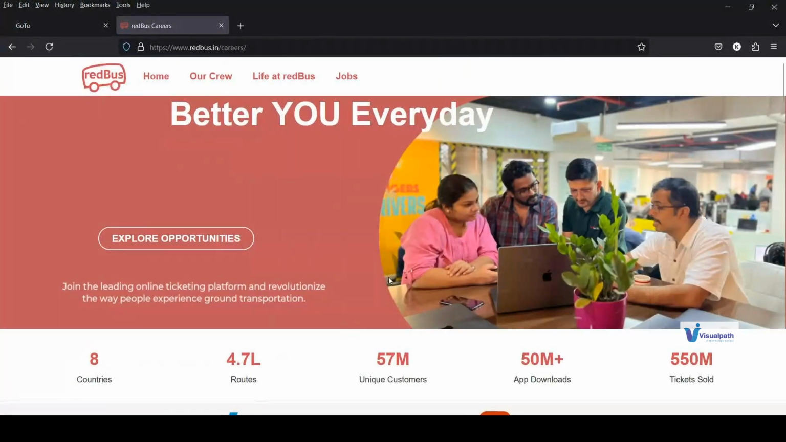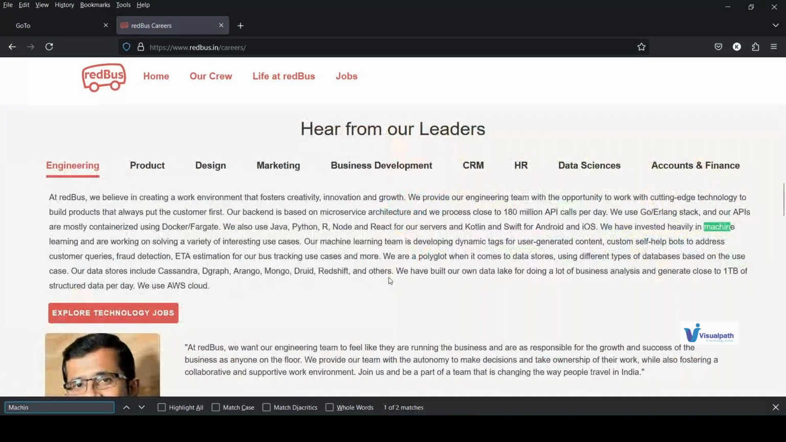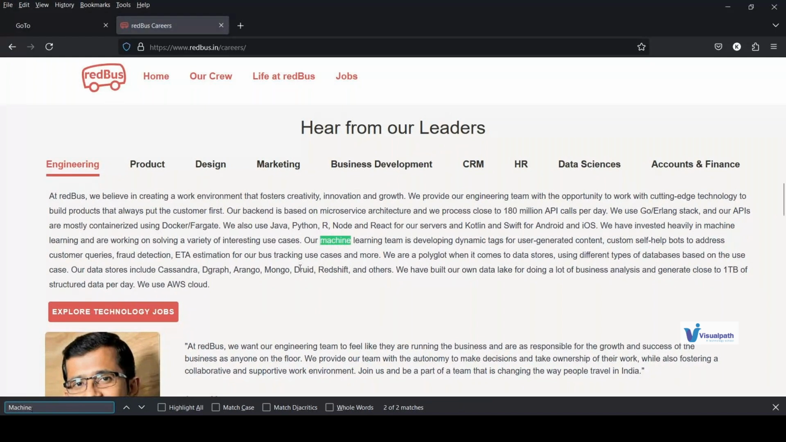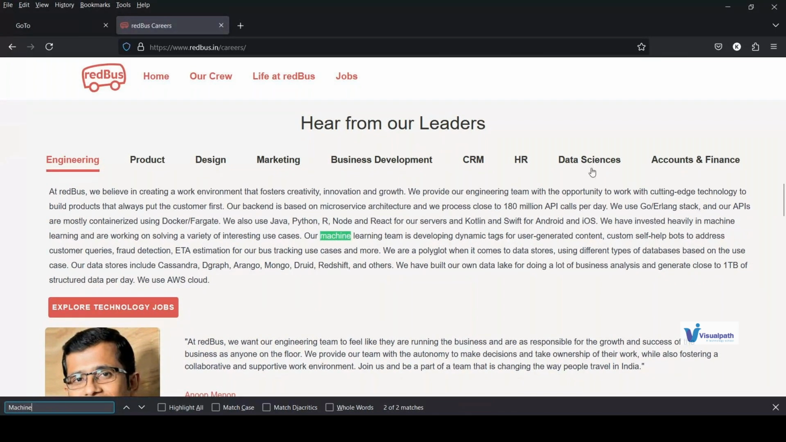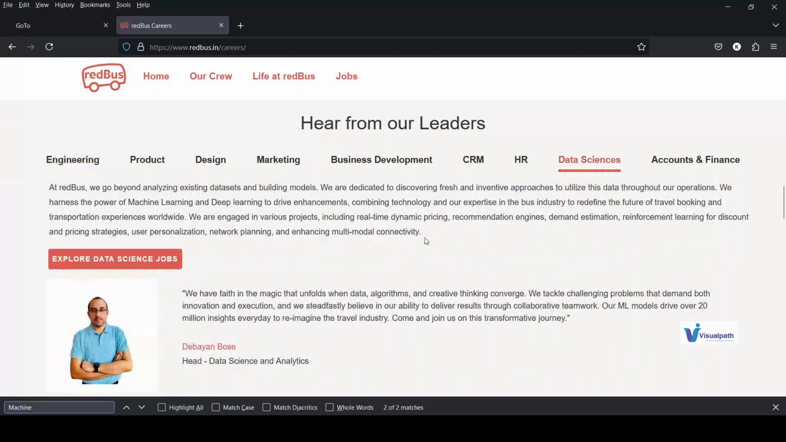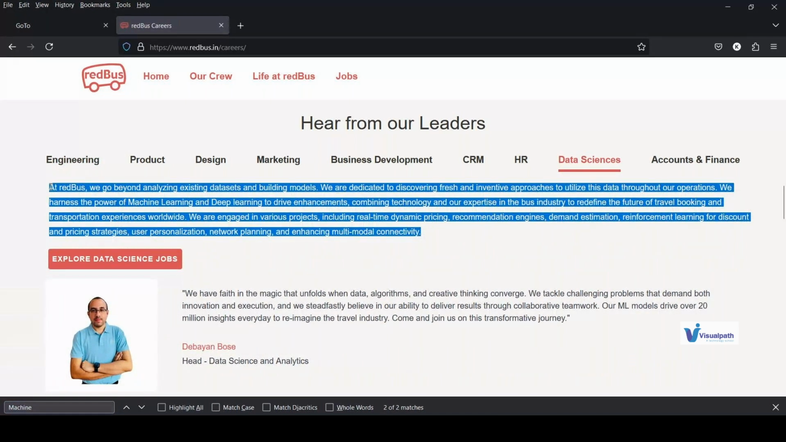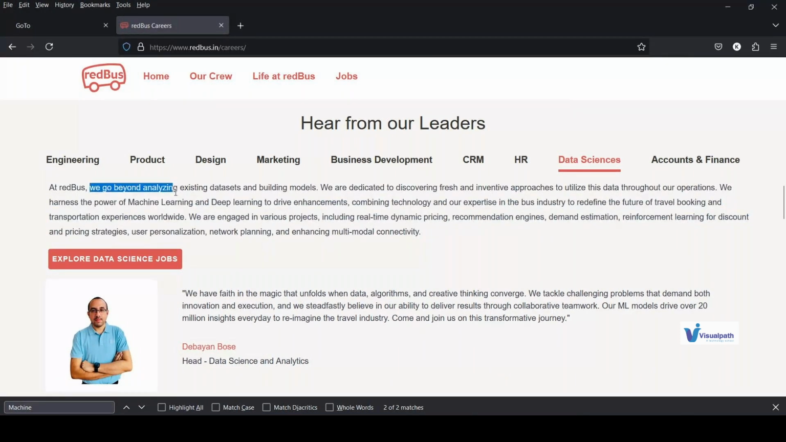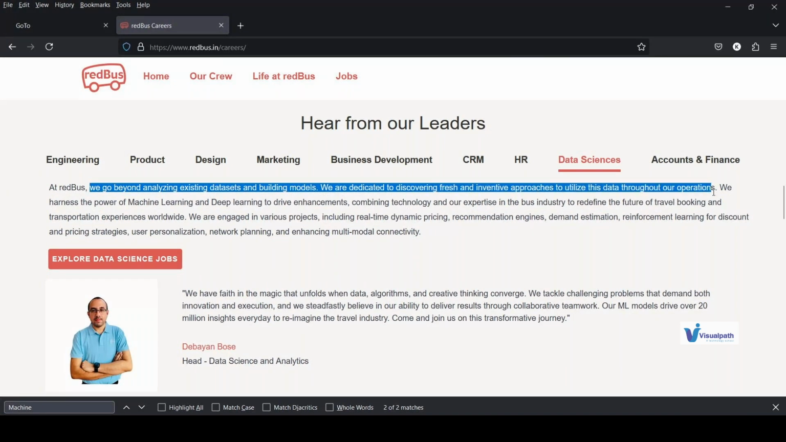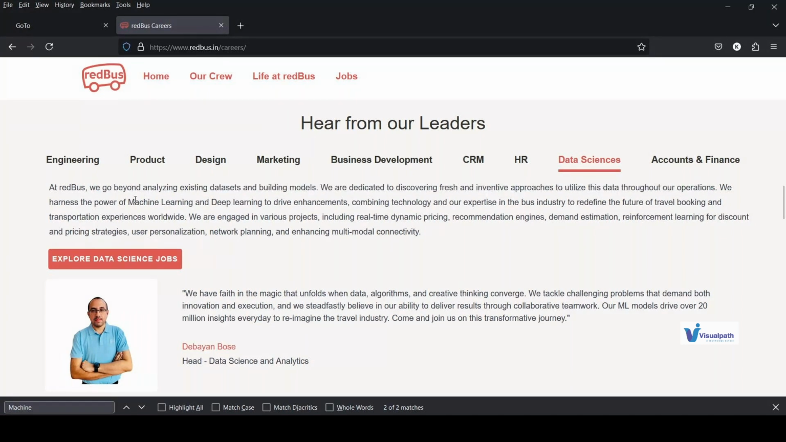So let me look for machine learning. Yeah. So currently they have data science. If you look at their models, what they do at Redbus: we go beyond analyzing existing data sets and building models. We are dedicated to discovering fresh and intuitive approaches to utilize data throughout these operations. We harness the power of machine learning and deep learning to drive enhancements, combining technology experts to redefine the future